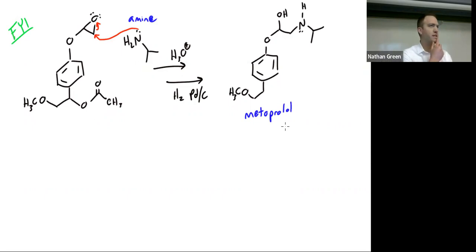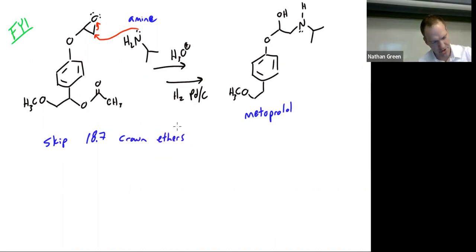Section 18.7 talks about crown ethers. I'm going to skip that. It's not that they're not super cool. It's that they're just really far out there. They're ethers that are in rings. We call them crown ethers because if you draw them zigzag with the oxygens, they look like crowns. They're really neat for catching onto ions and things like that, but their time is kind of come and gone and they're kind of falling out of fashion. So if you're curious about crown ethers, give it a look. I'm not going to hold you accountable for it